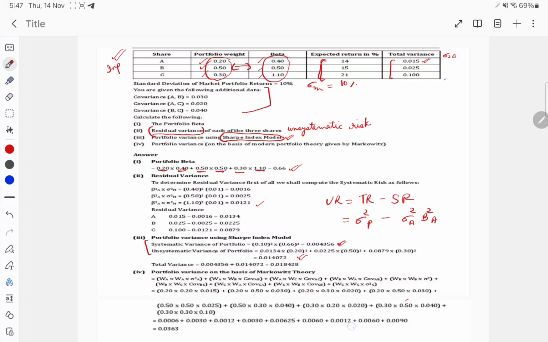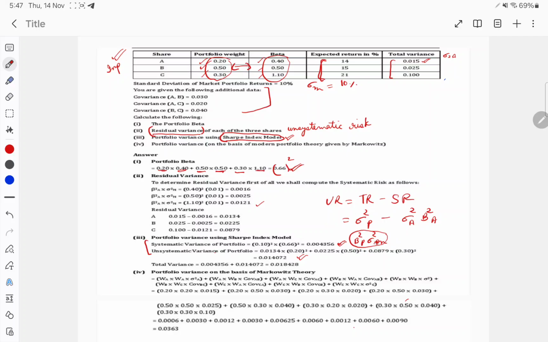So how will you calculate the systematic risk of the portfolio? It is basically beta square of the portfolio into variance of the market. This is the formula for calculating systematic risk. Beta of the portfolio was 0.66, so you will do the square of this, and